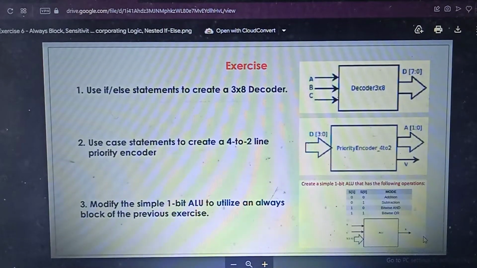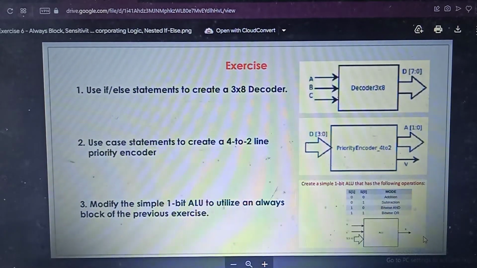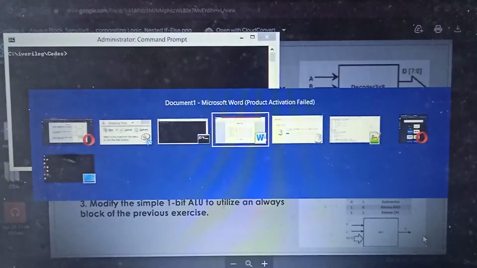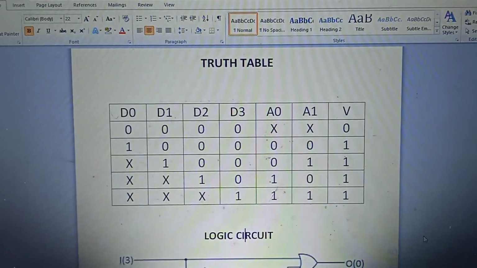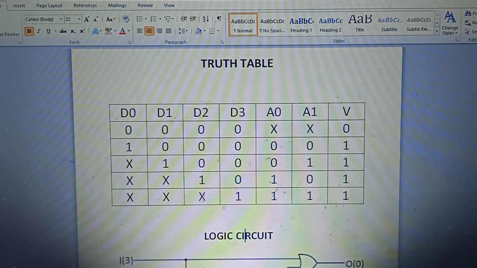So today we're going to answer this exercise number 2. Use case statements to create a 4 to 2 line priority encoder. Then here's my truth table. D0 is our lowest priority bit, then D3 is our highest priority bit, then A0, A1, and B are